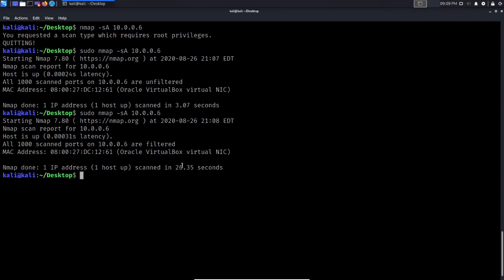All right, so now that we've taken a look at how to detect firewalls with Nmap using the ACK probe, we can now take a look at some common firewall evasion techniques. All right, so let's get started with that. So the first thing we are going to be taking a look at is one of the most common techniques that has been used for quite a while, and that is the ability to actually fragment your packets into smaller